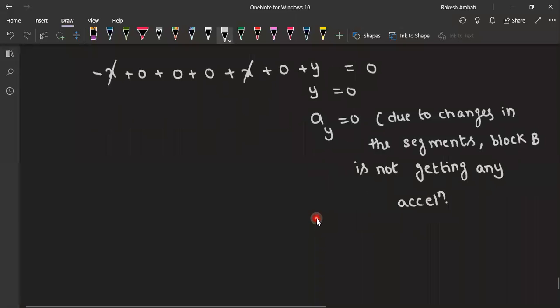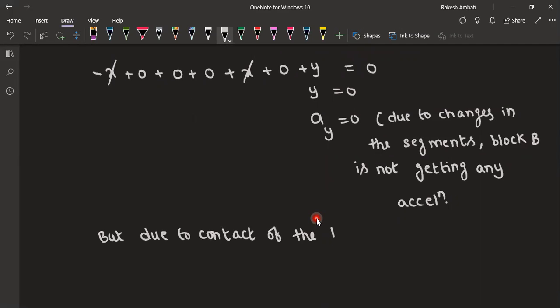But due to contact of the block with the wedge, acceleration of the block is